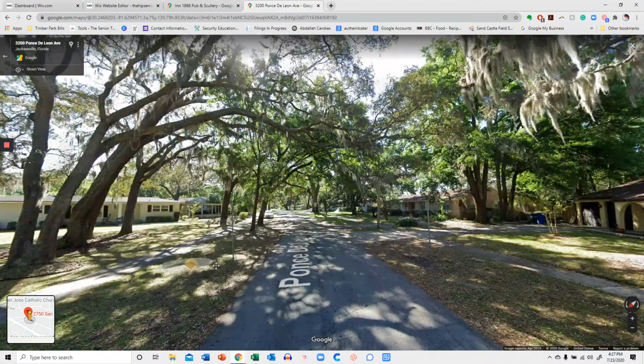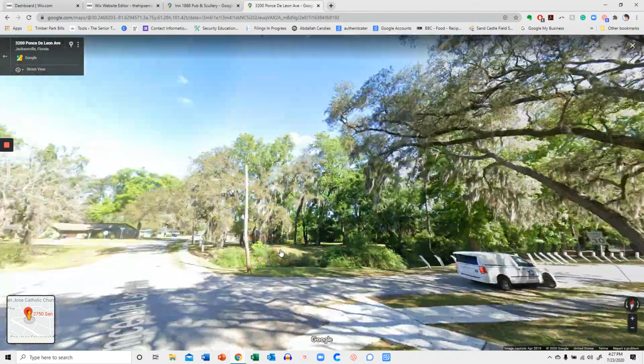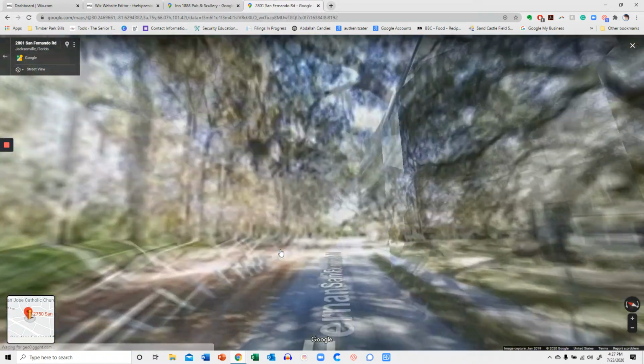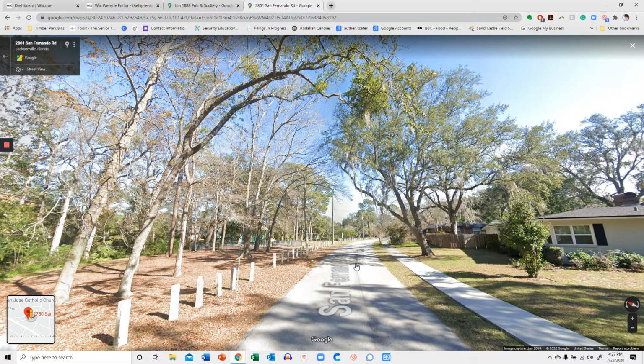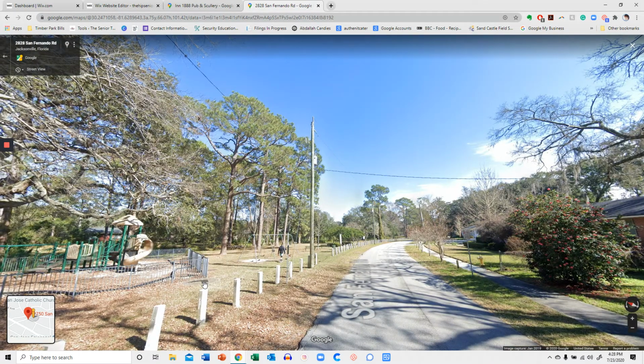Okay, so we're going to scroll along here, and sometimes you'll see cars in the way and whatnot. Like I said, I use both my mouse and the arrows on my keyboard. If I use the mouse and click farther, I can just walk along, go down here, and then go this way and just walk along. But if I wanted to go further down the road and wasn't being that patient, then I could take my mouse and that arrow and click here